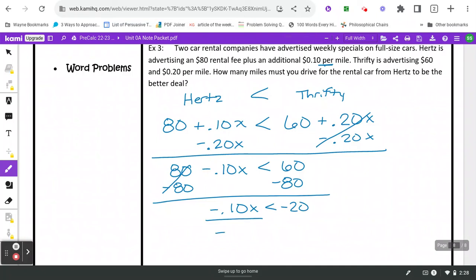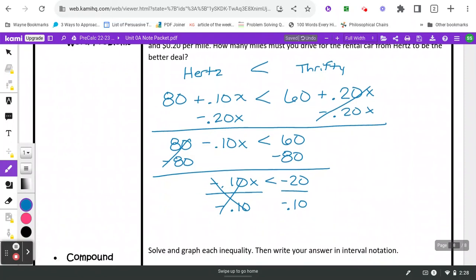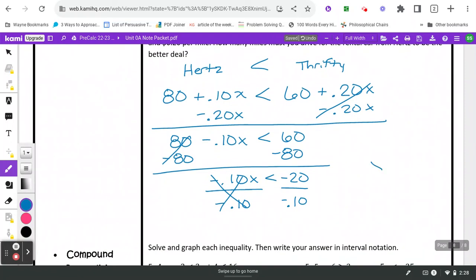And I'll divide by negative 0.10. Sorry, negative 0.10. Don't need that x there. And same thing on the other side. And because we divided by a negative, our inequality is going to flip. So x is greater than